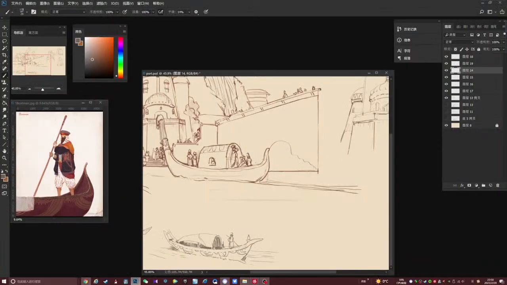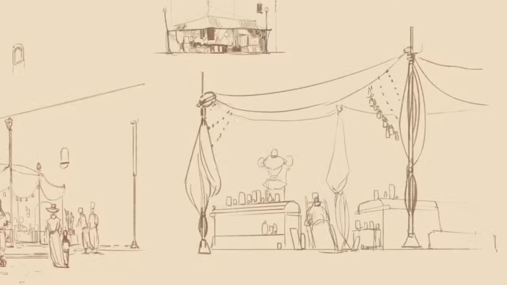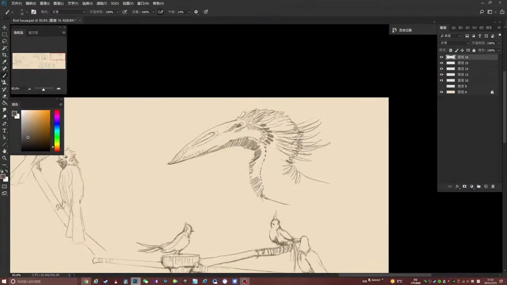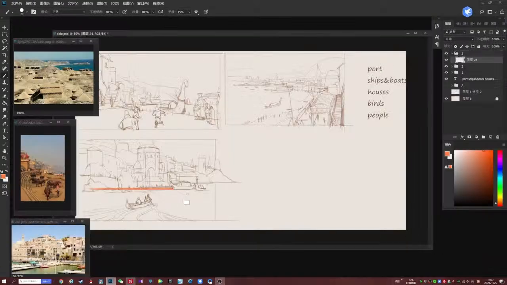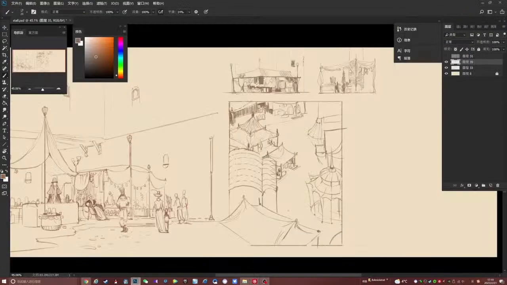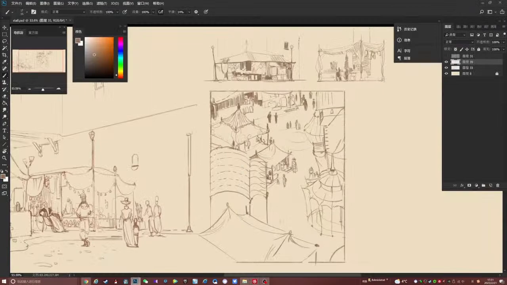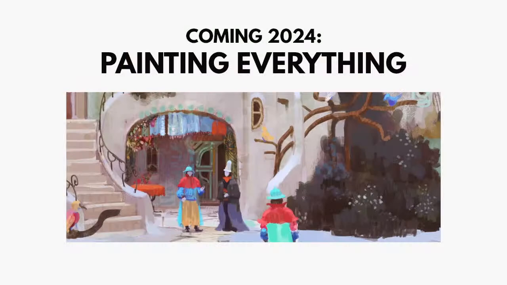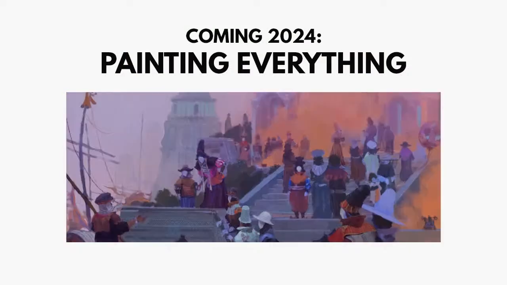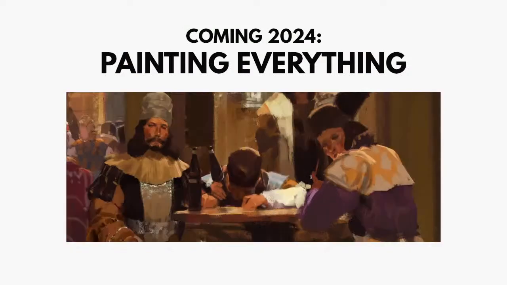Finally, you'll separately design close-up details like individual buildings or animals, even down to the doors and windows used in your world. By the end of these 4 lessons, your pencil will be able to move at the speed of your imagination. On top of that, Kleiner is currently hard at work on a second course all about his painting techniques, set to come out early next year.